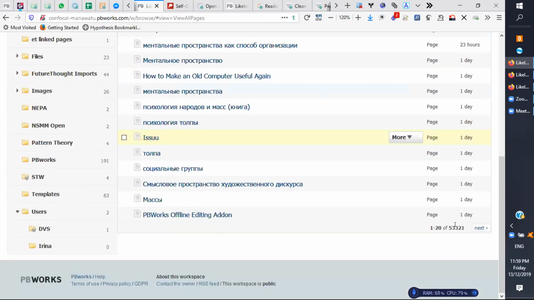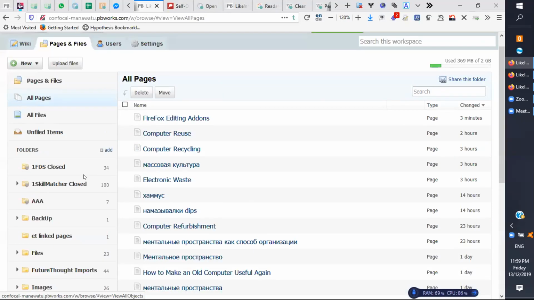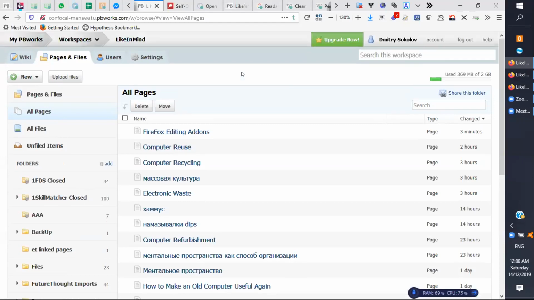This is the current number, and a few files are hidden in these folders. But some of those folders belong to a project which is closed. I see. For example, this is closed, and then I think that we need an add-on for Firefox, which will be searching for topics online, and then allowing